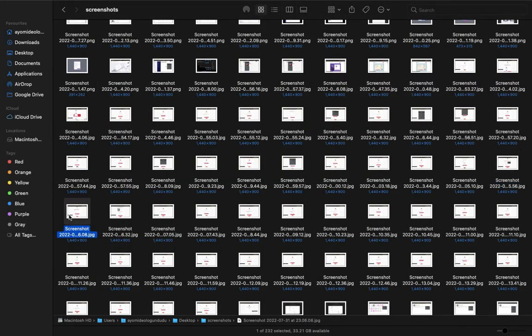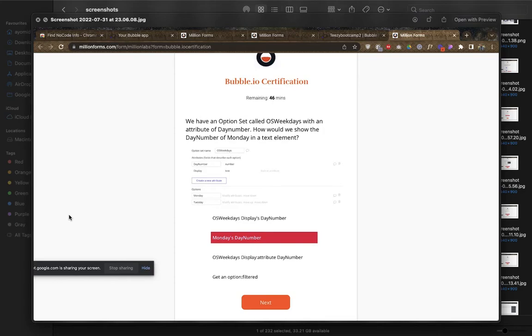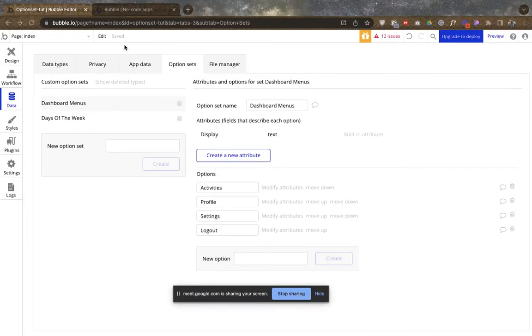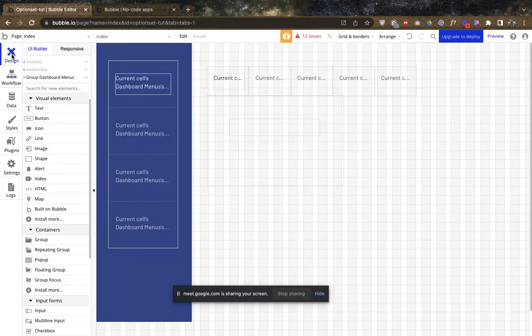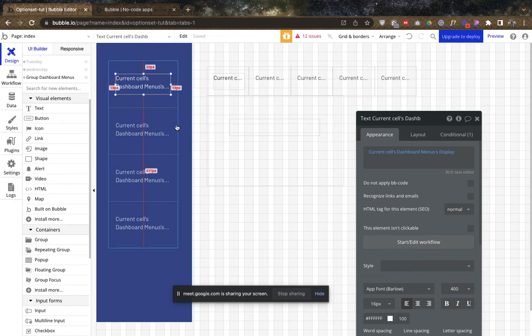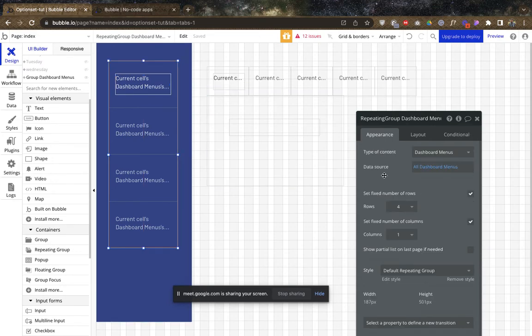these questions about option sets. So now this one is about attributes. That's why I used weekdays, days of the week, for that option set that we created, so that we can test this thing out. So first thing first, there was something I needed to add to option set. Inside here now, if we want